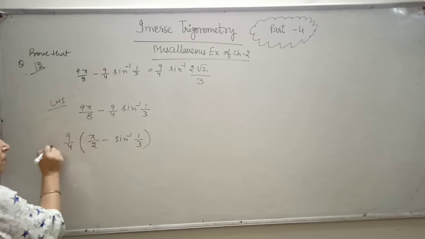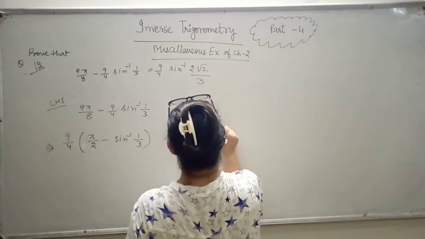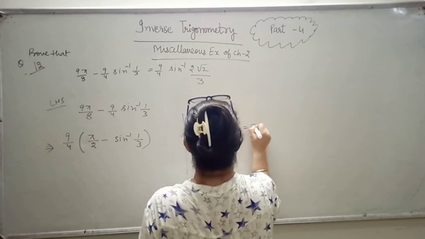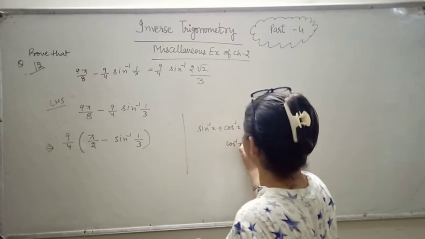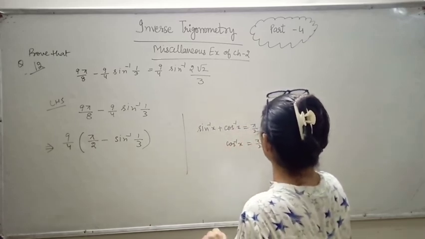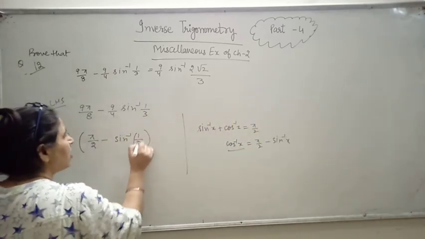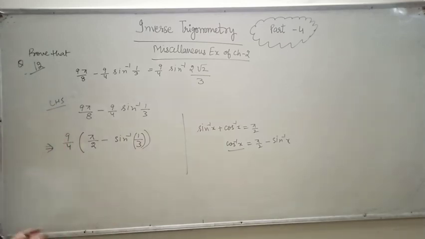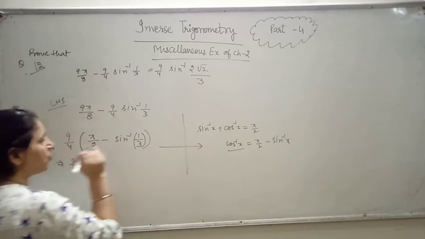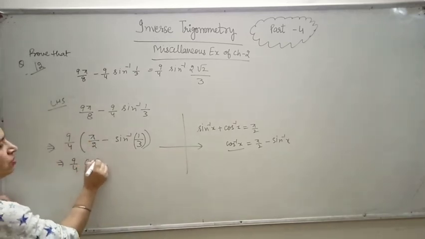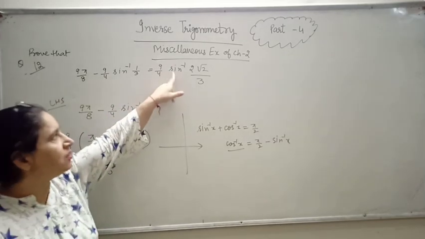So now I know that sine inverse x plus cos inverse x is equal to pi by 2. If pi by 2 minus sine inverse x is there, then it would become cos inverse x. So this 1 by 3 is acting as x. So it would become 9 by 4, and you are to write this supportive reason, cos inverse, and what is your x? 1 by 3. But my right hand side needs sine inverse here.